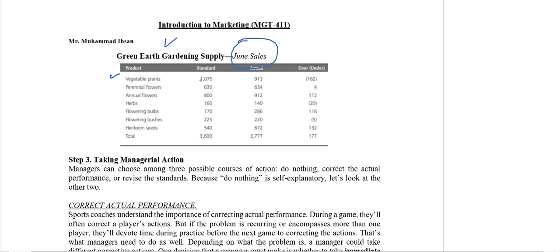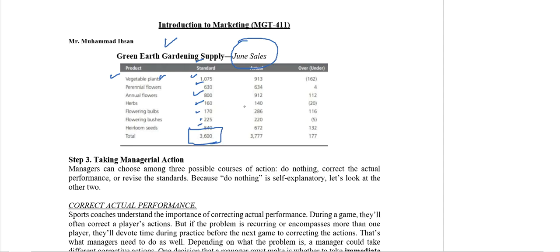The standard, meaning the goal, of vegetable plants was 1075, perennial flowers 630, annual flowers 800, herbs 160, 170, 220, 540, and the total expected to be sold is